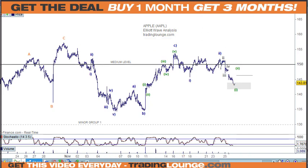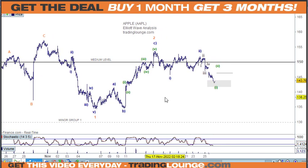It's not the case, so I will have to look at this down here as a 5-wave move, as wave 1 and 2. Now I'll give this some thought. Because I just basically get up at sort of 2 or 3 in the morning, do a couple of hours meditation, and then roll into my work, I don't get a lot of time to mull things over and ponder those sorts of things. So I will ponder in the off hours about this, but for the time being with Apple,